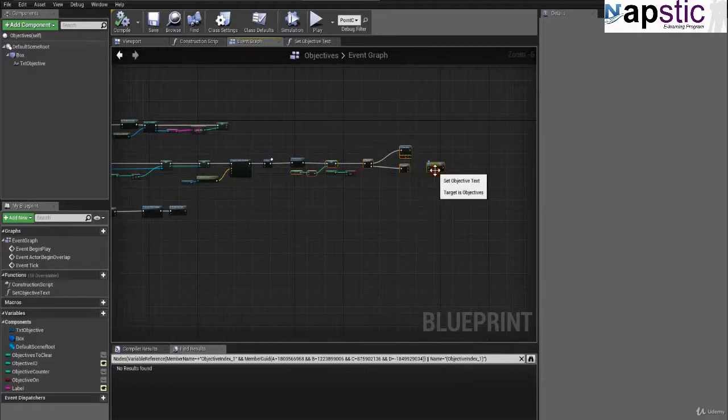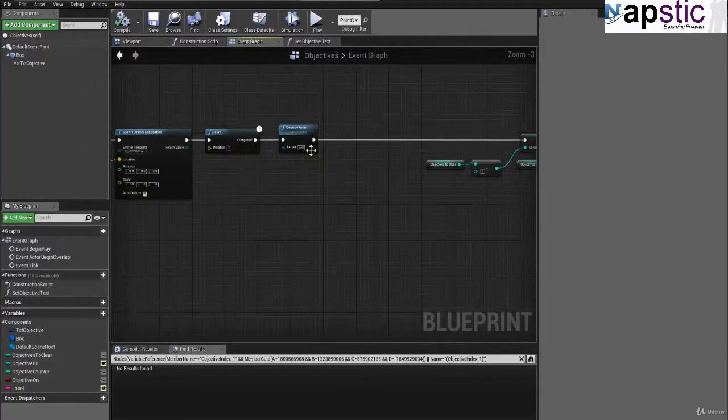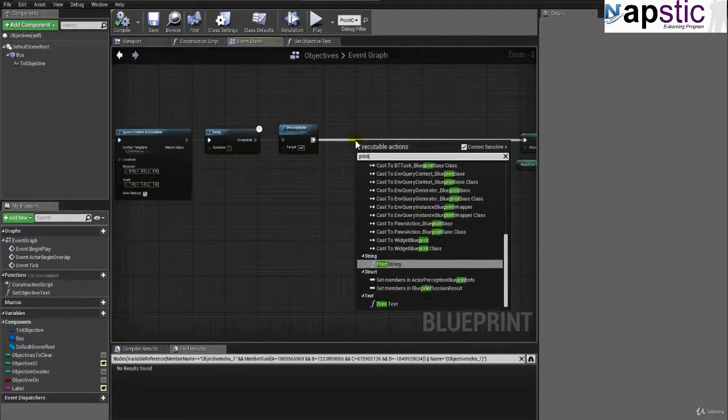So let's see. Move this to the right a little bit. This is painful. I have to select them all, get this and move this to the right. Let's see, do we have to call it before the actor is destroyed? So print string, okay,